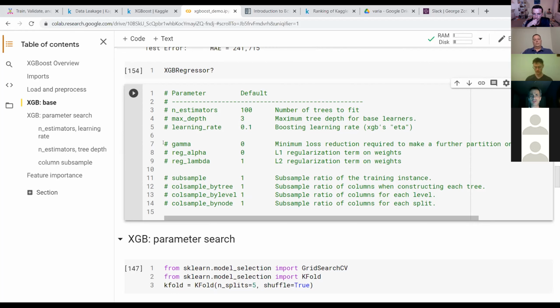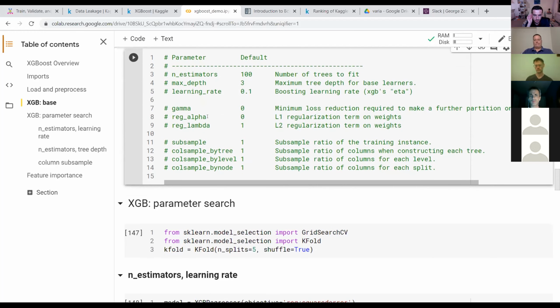These are the regularization parameters, gamma, alpha, and lambda, and we will not be playing with them here. But basically, what they regulate is how responsive the algorithm is to the training data it sees. For example, gamma 0 lets us split a new node anytime.